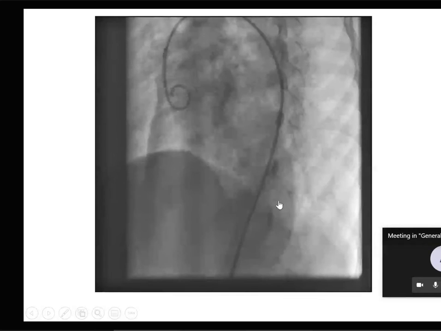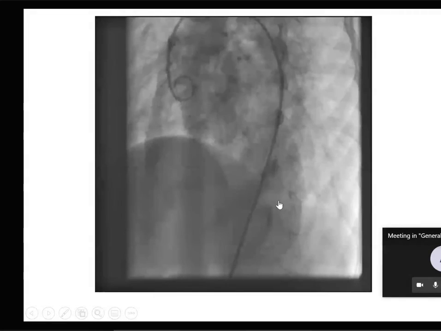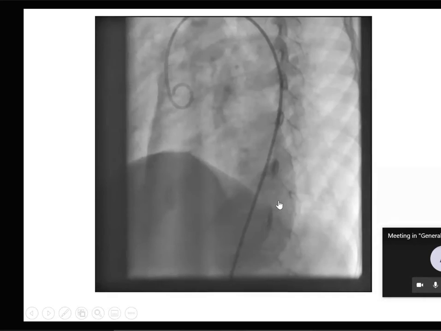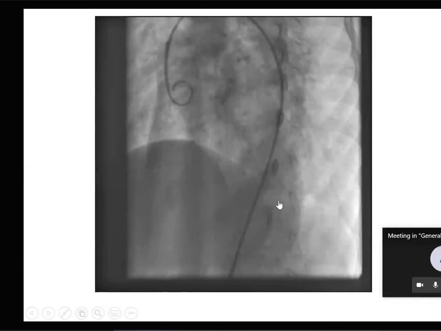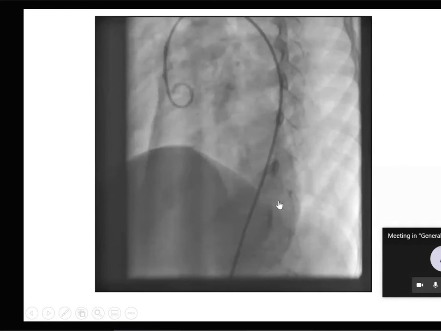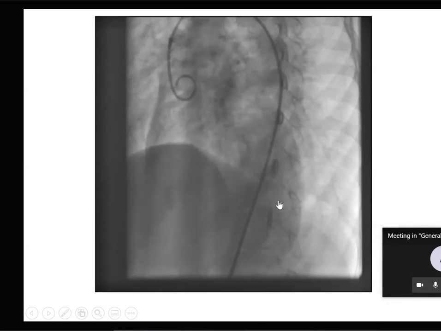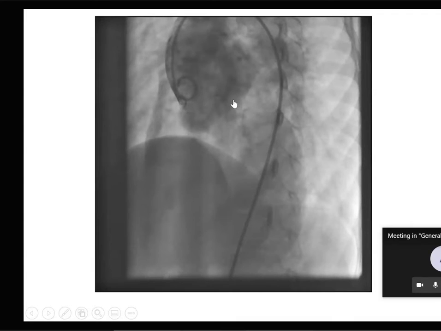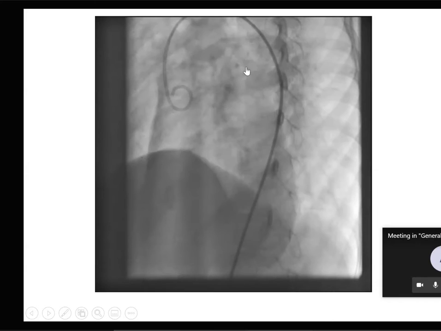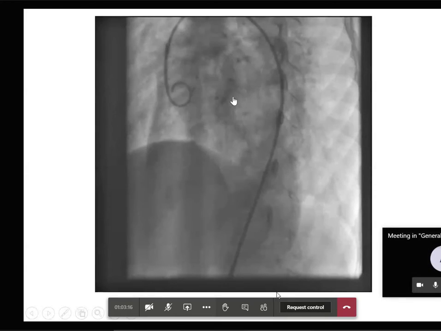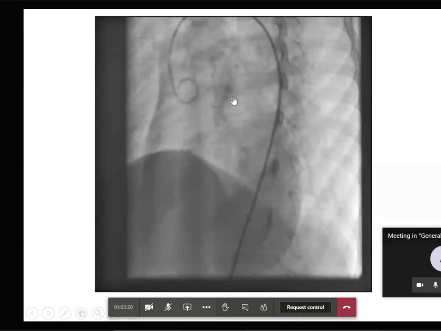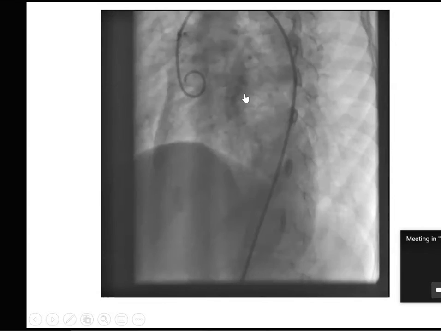Okay. What is this? Truncus. Truncus arteriosus. Now you are seeing the single trunk, no? There are no separate two valves. You have a single valve which is feeding both the aorta and the pulmonary artery. So the aorta is coming and the pulmonary artery is here. There are no separate trunks. Both are from the single trunk. Now you understood the things, no?